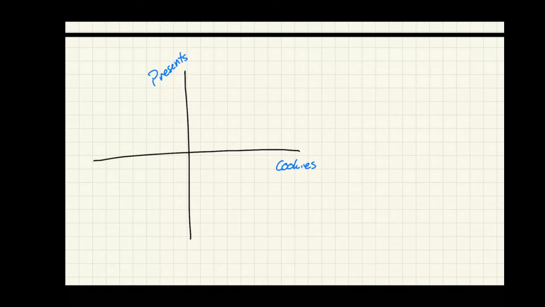Let's say if you're a good kid, if you leave out more cookies for Santa, you get more presents. But if you're a naughty kid, let's say the more cookies you leave out, you get a negative slope.